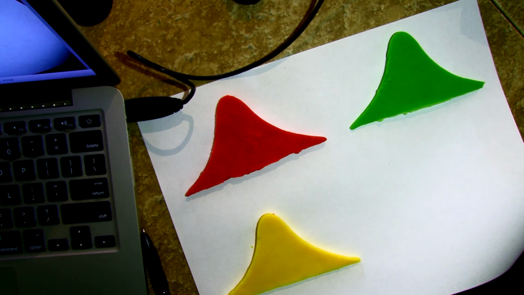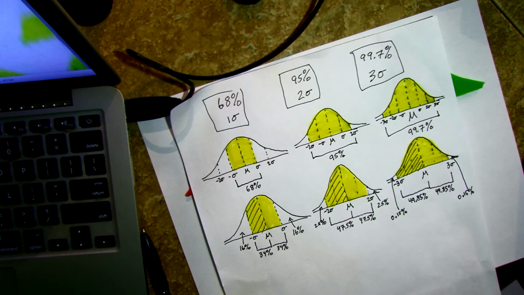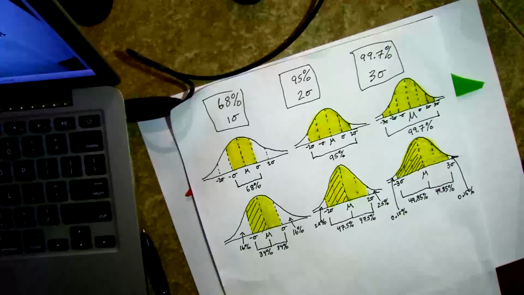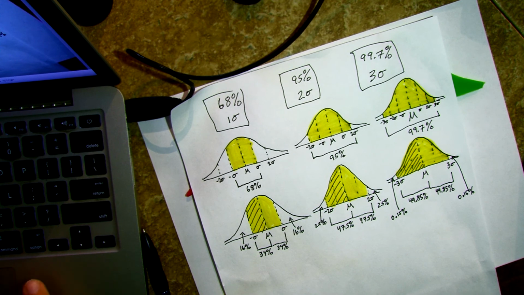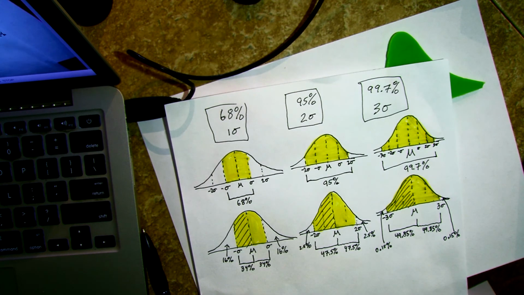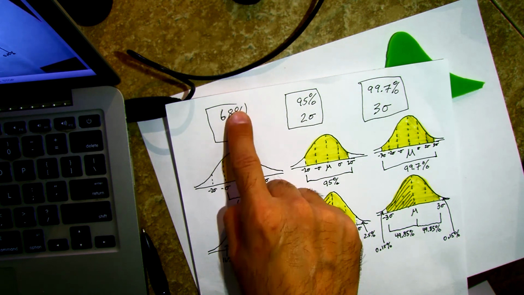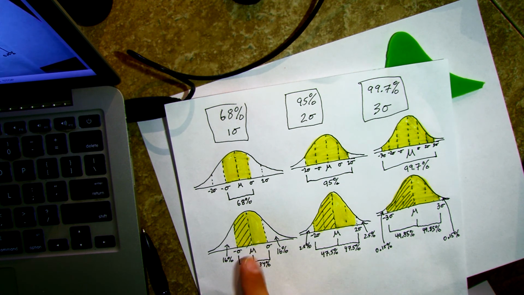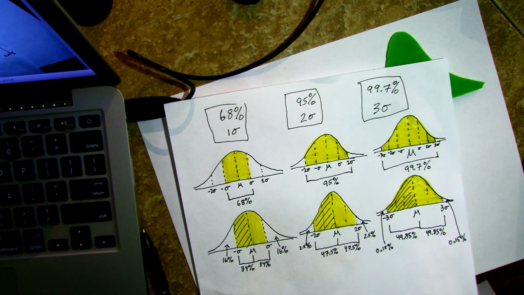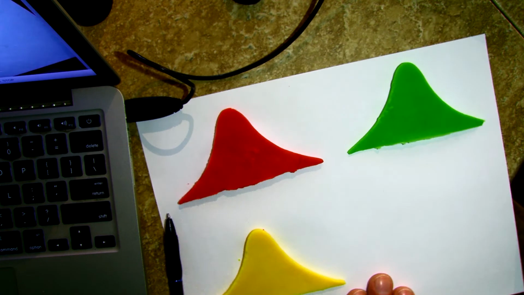Okay, so this was the sheet that I added late last week, and this was one thing we had to deal with, right? I was hoping to break down and see that, for instance, one standard deviation is 68%. So from the mean to the left is 34, to the right is 34, right? We can break up these parts, and then we're able to combine them if we have information that we're trying to find between this standard deviation and this standard deviation. So that's what I kind of wanted to demonstrate here with the Play-Doh, because if we look at this,